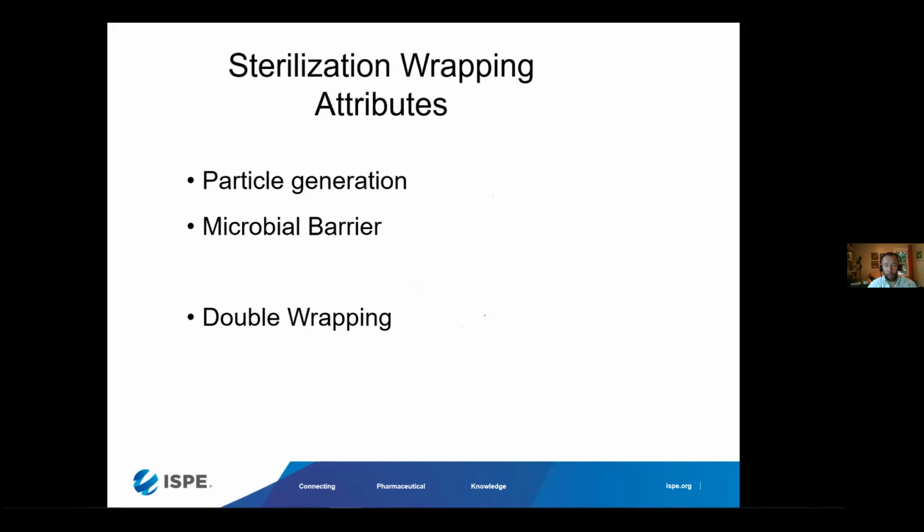Often, post-sterilization, when moving sterile equipment through the clean room, we might need to have 2 layers of wrapping in order to protect those parts. Maybe if you're moving from a grade C environment to a grade A, or an ISO 7 to an ISO 5 clean room, you might remove the outer layer of sterilization wrapping to move through the material handling airlocks. So think about possibly double wrapping